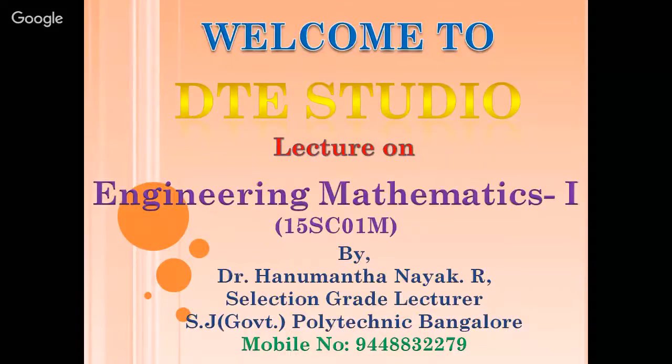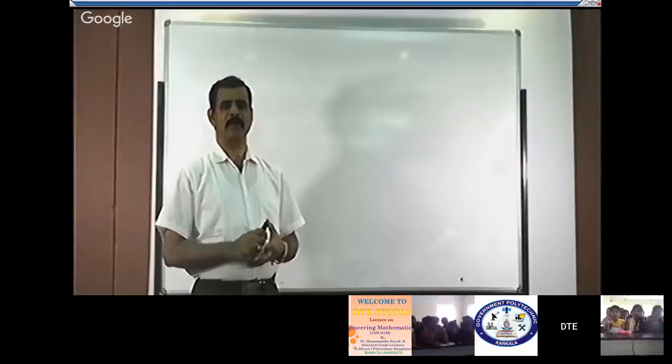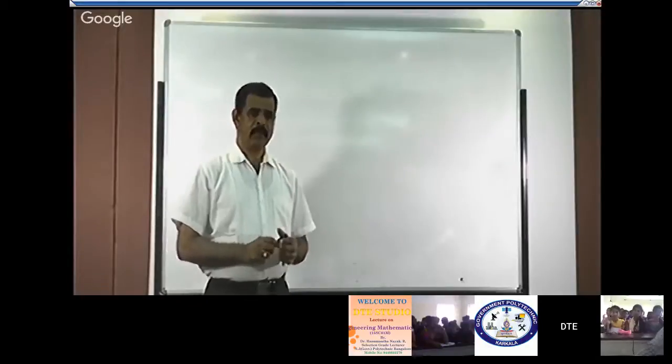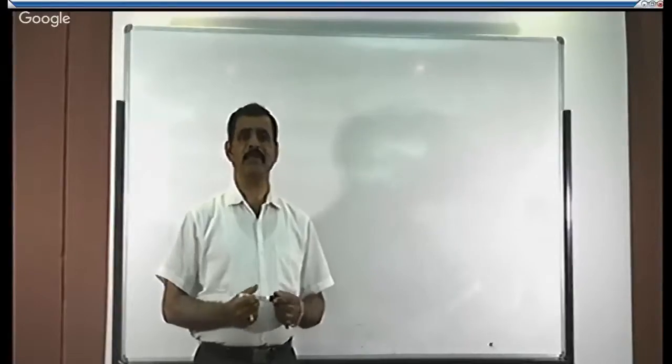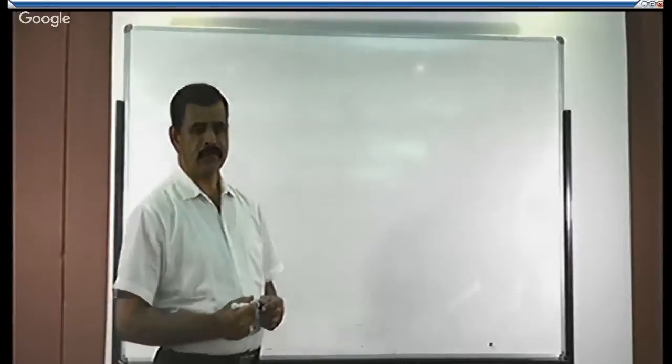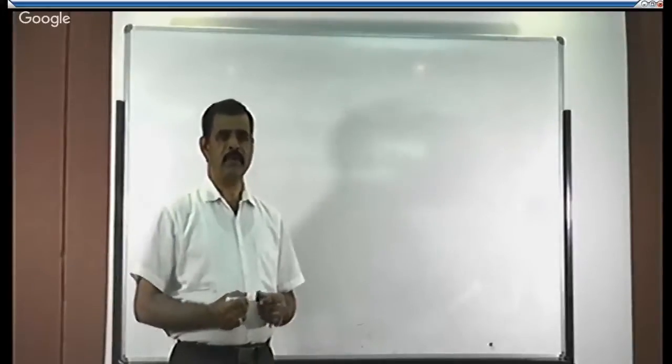In this class, we shall discuss the characteristic equation of a square matrix, characteristic roots of a square matrix, Cayley-Hamilton theorem, row and column operations, elementary operations of row and column. And then let us discuss solving simultaneous equations by Gauss elimination method.